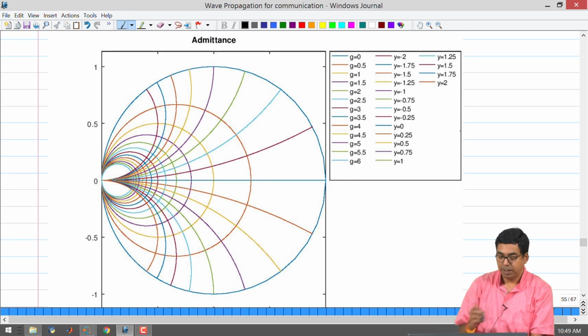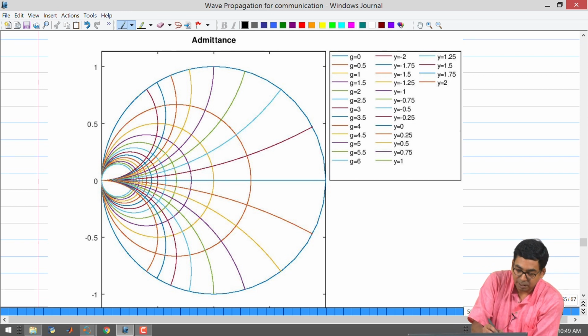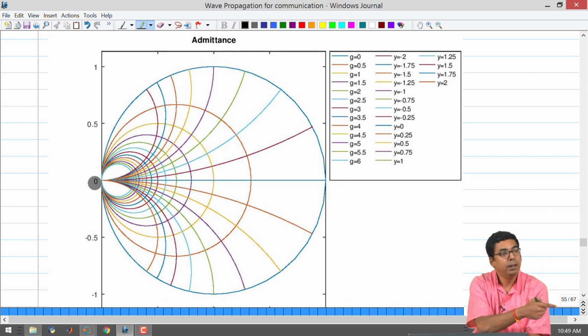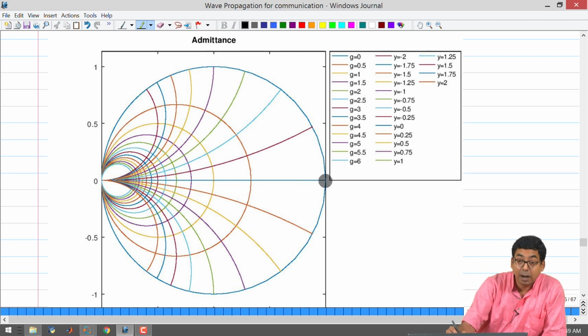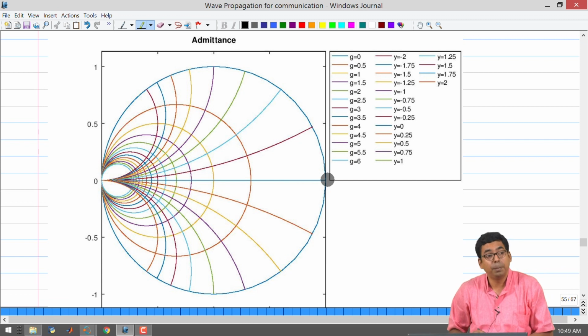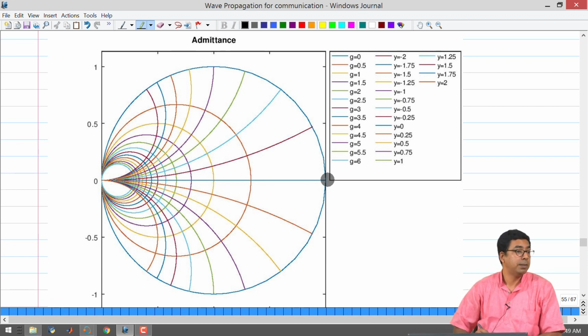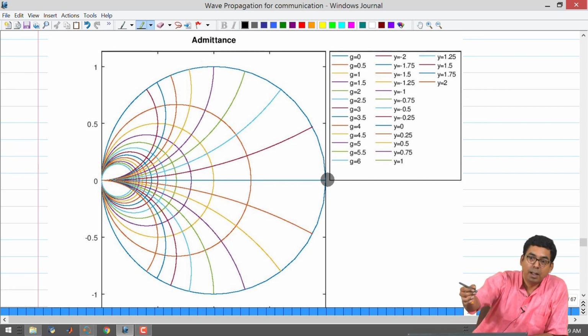okay. Now, we have to start marking some points. The left hand side is corresponding to g going from 0 to infinity. Okay. As your g keeps increasing, it will go all the way to the left hand side point. Right. Similarly, you will have to see what is going to happen to the right hand side, all right, and then the interpretation of what is short circuit and what is open circuit will change, right. It will not be the same as your impedance chart, so one has to be a little careful.